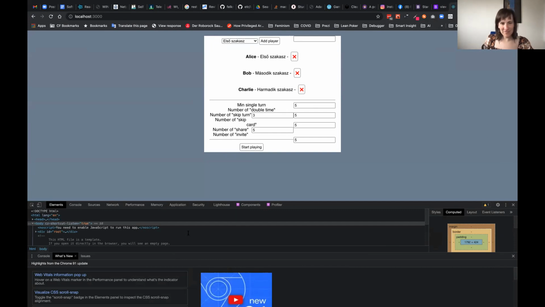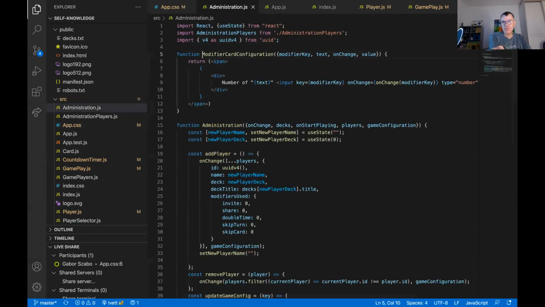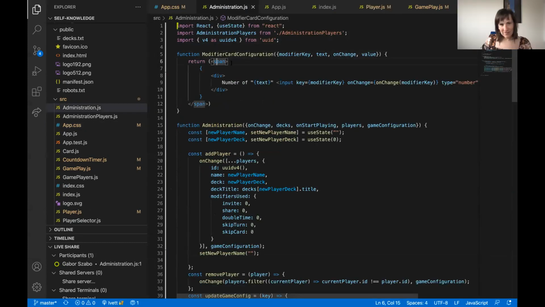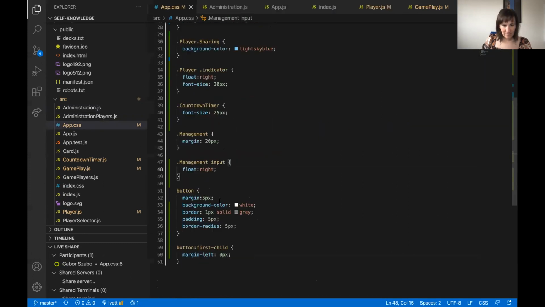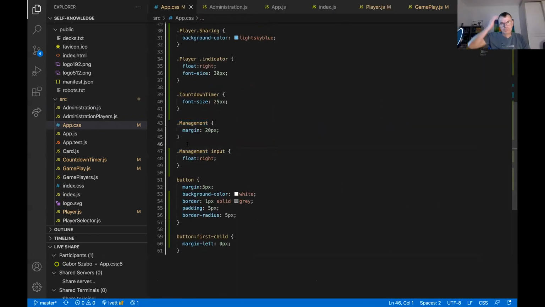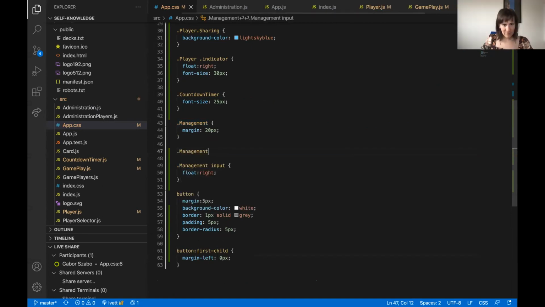Looks pretty bad. And that's because that's the input box where the username goes. Right, that's because we have this span or this div. So what I need to do to fix that is to say that if there is a dot management div,